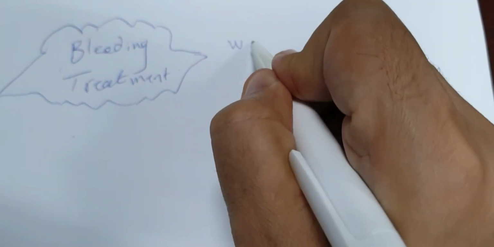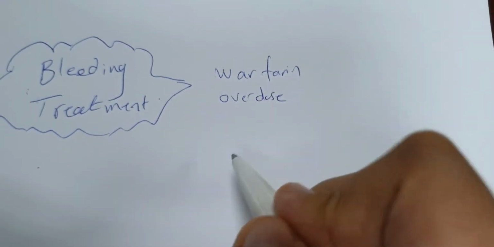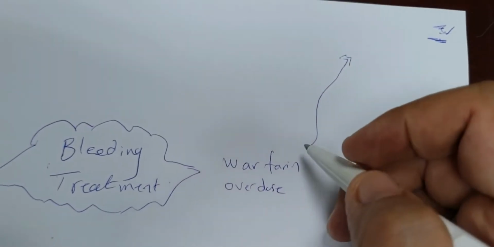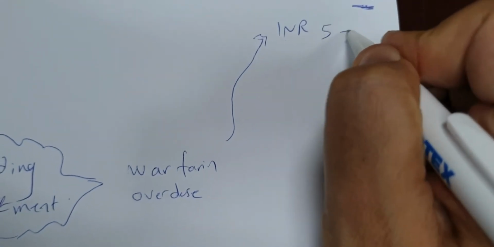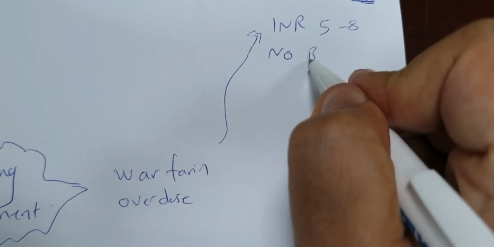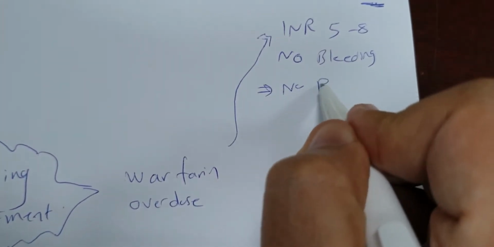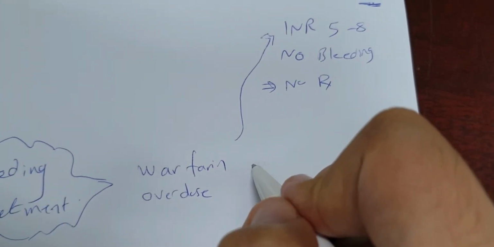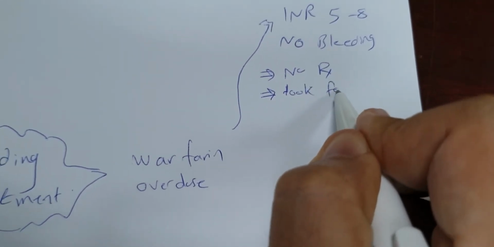Treatment of bleeding associated with warfarin. With warfarin overdose, we treat bleeding according to the INR. If the INR of the patient is between 5 and 8, and there is no serious bleeding, here we need no treatment, but we have to check the INR daily and look for other causes of